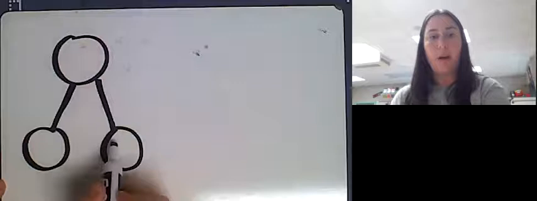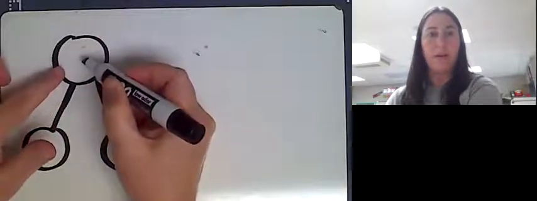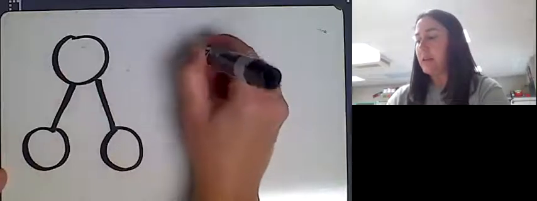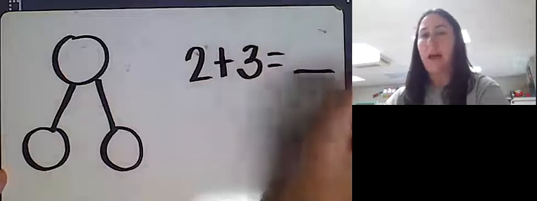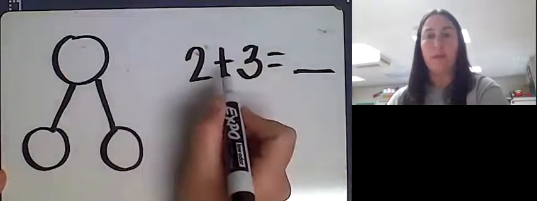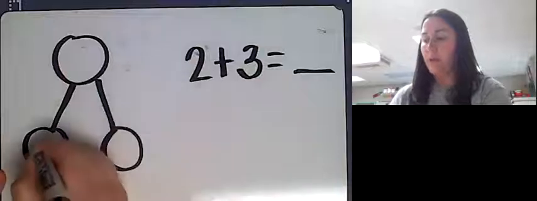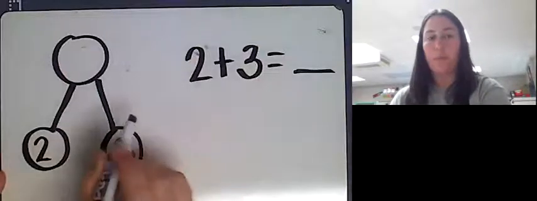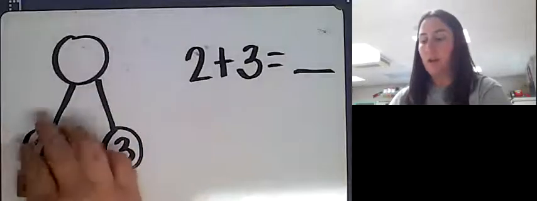Now these two parts follow the path to come together to make a whole. So if we had the addition sentence 2 plus 3 equals, I'm going to use the number bond to help show how you can use it. I'm going to put 2 in one part, 3 in the other part. I'm going to use objects. So if I have 2 cubes